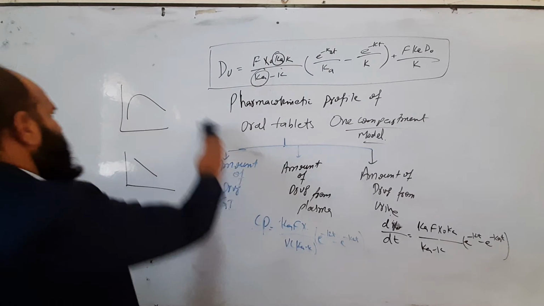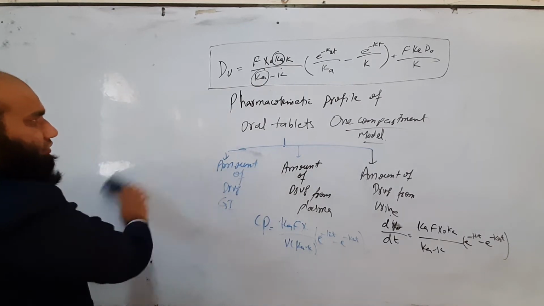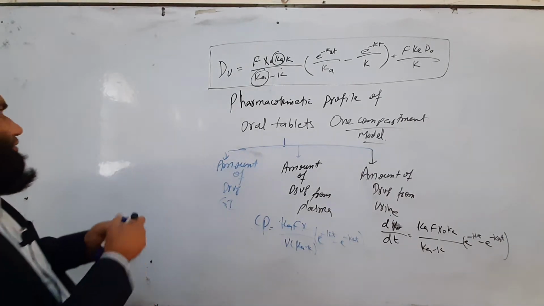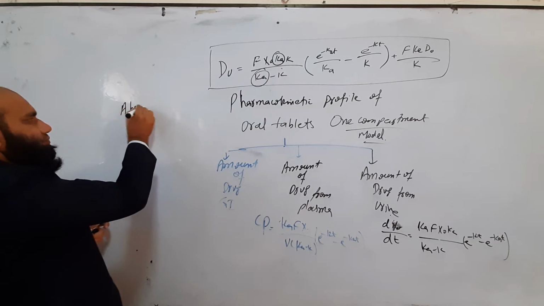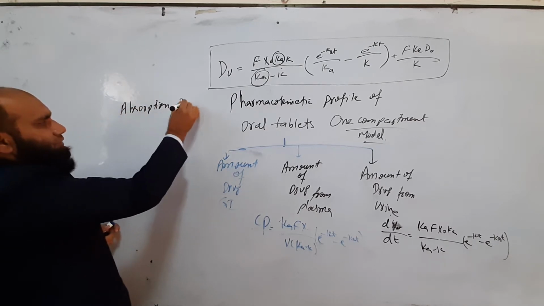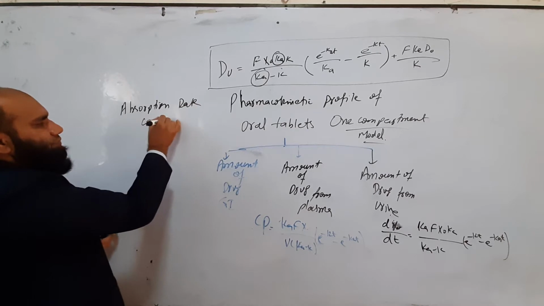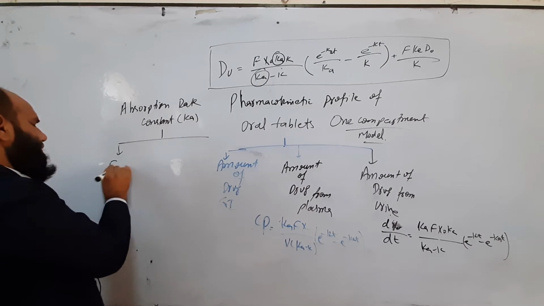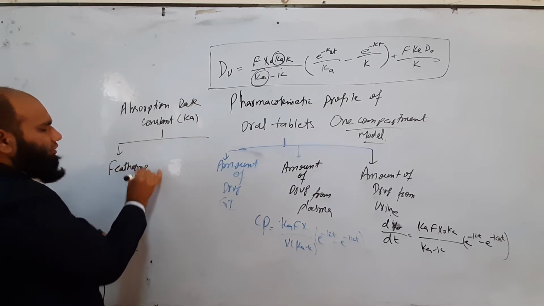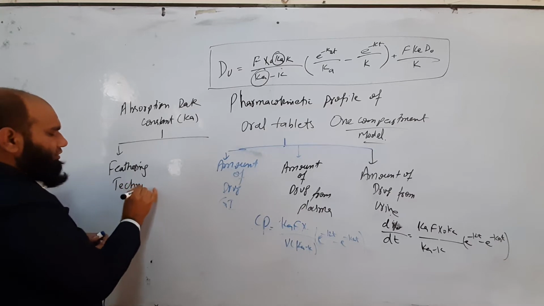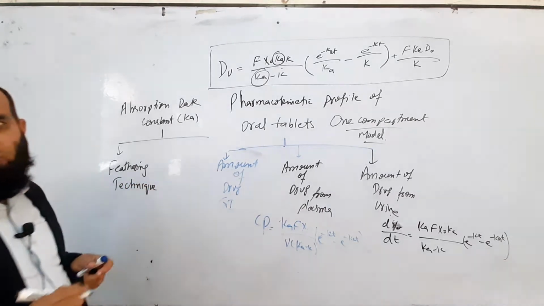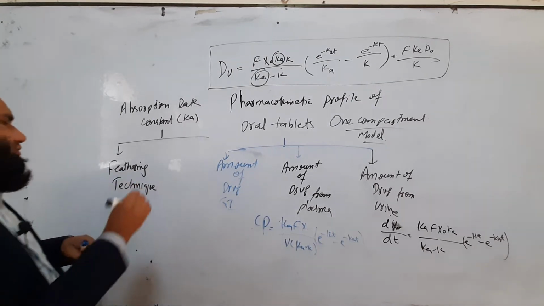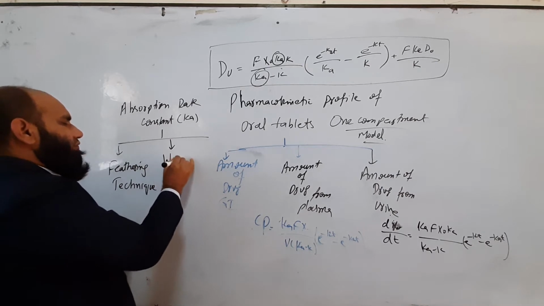And for the absorption rate constant, I have already given you a demonstration in the lab. We have three different ways to calculate the absorption rate constant. The absorption rate constant, which is Ka, can be calculated in three ways. One is the feathering technique, where we use some data to calculate Ka by taking the difference between the feathered points and the actual points. And the other is the Wagner